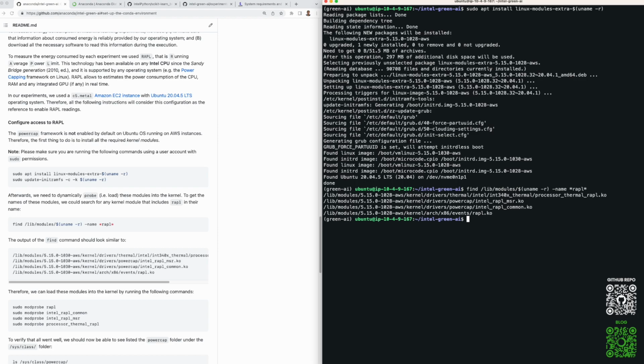You should have something similar to this: processor thermal RAPL, Intel RAPL MSR, Intel RAPL common, rapl.ko. So one by one, we're going to probe dynamically these modules into the kernel by running sudo modprobe and the name of the module, without the .ko extension. So modprobe rapl,